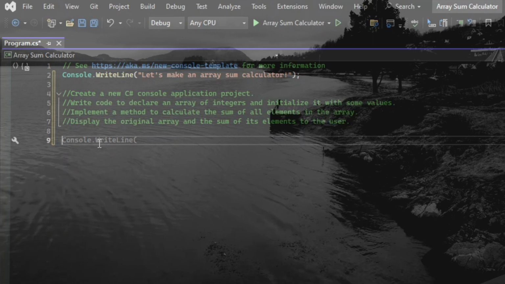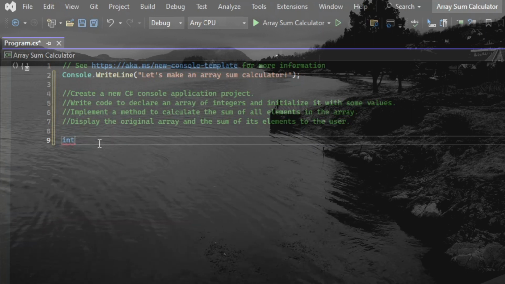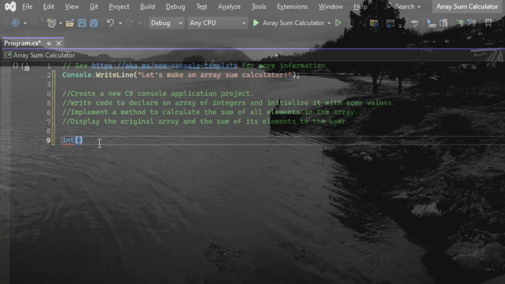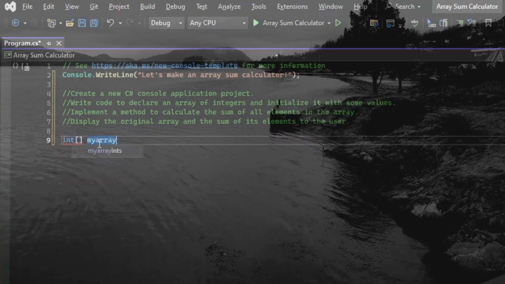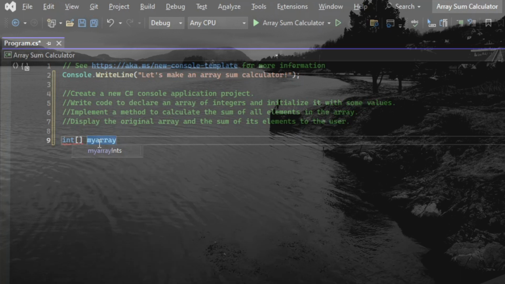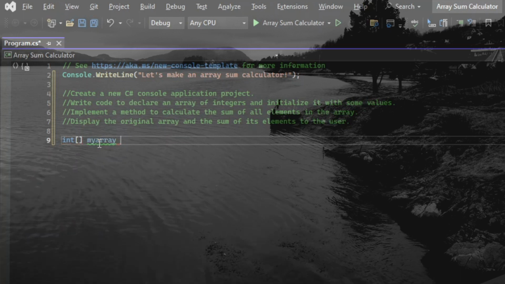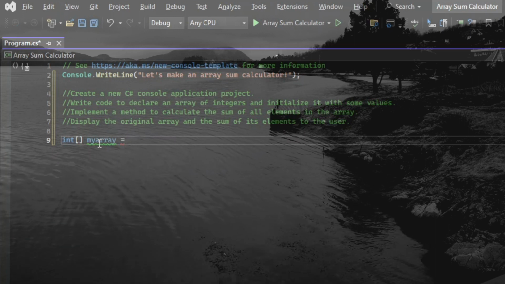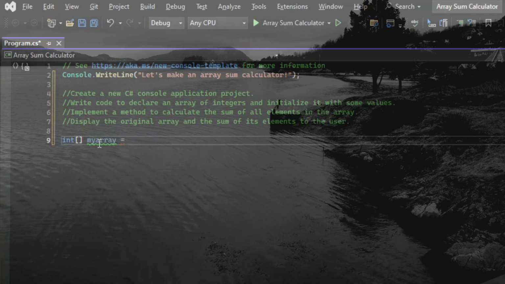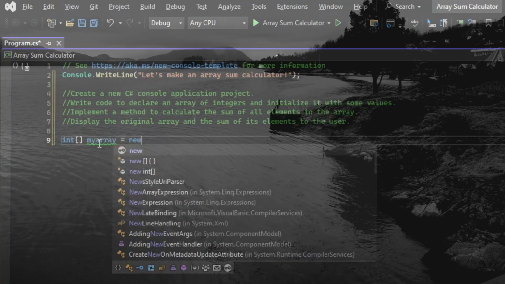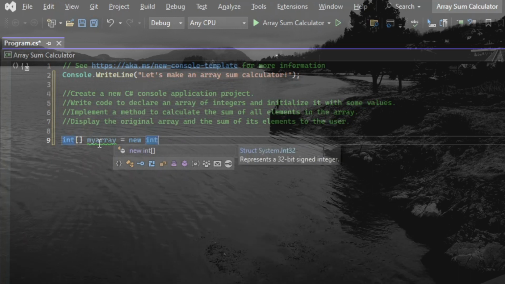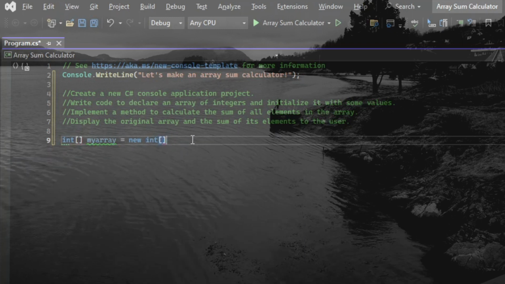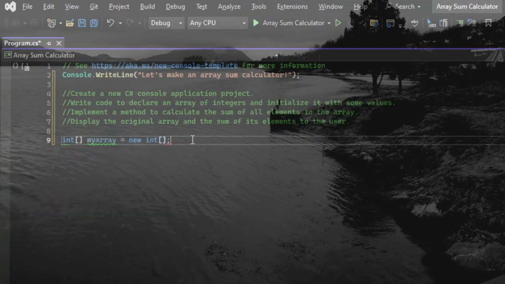So, to make an array, you simply add square brackets to the data type, and then this is the name of the variable. And an array is a variable which can store multiple values. And if you don't want to input those values right away, you can do a new int like this. And there is your array